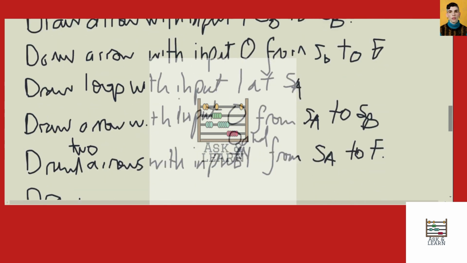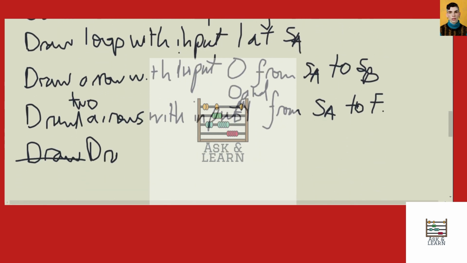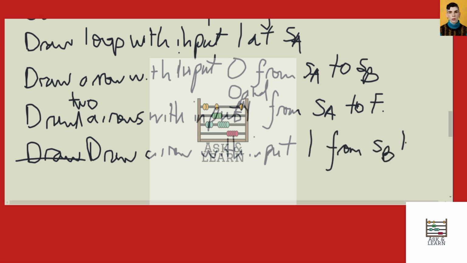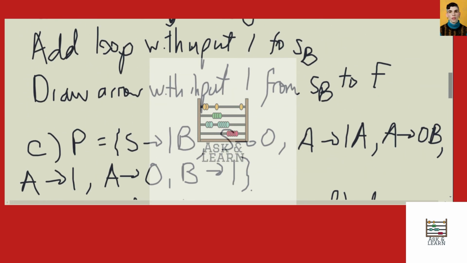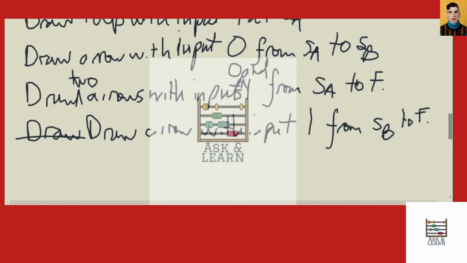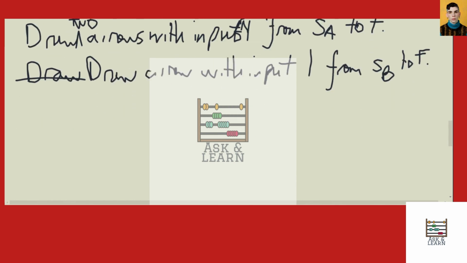And finally, we can draw an arrow with a label of 1 from SB to F. And this represents that B can be replaced with 1, which is a terminal symbol. And this concludes the